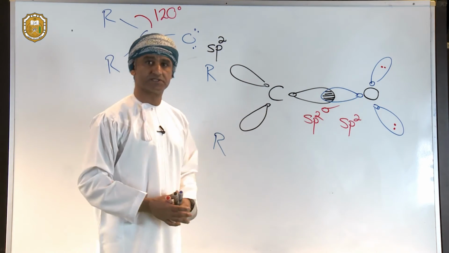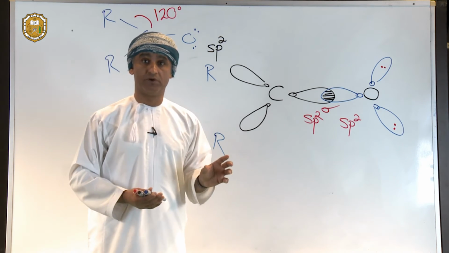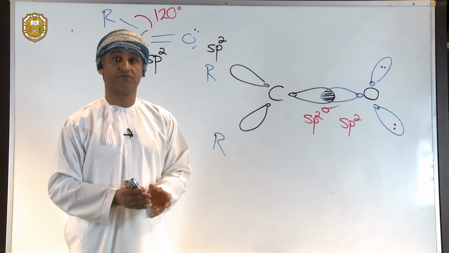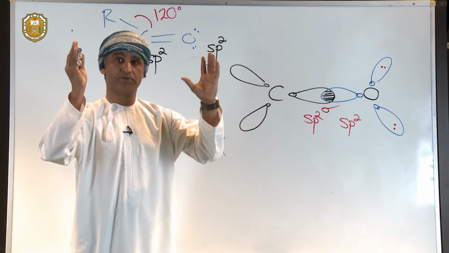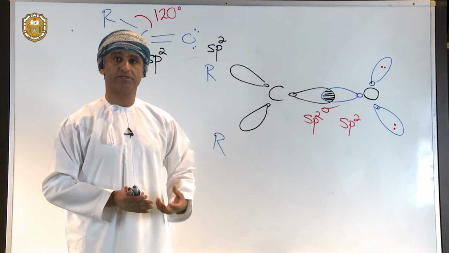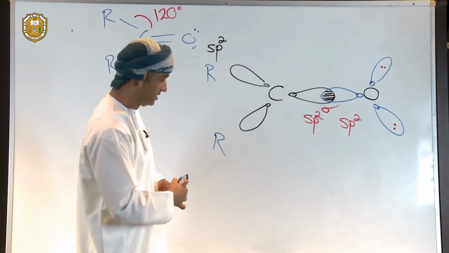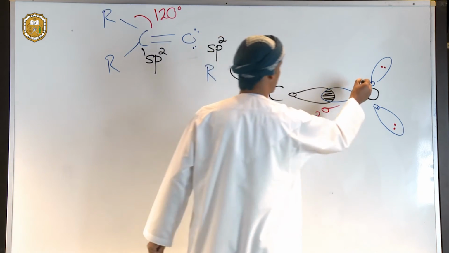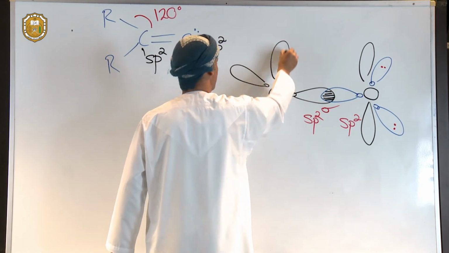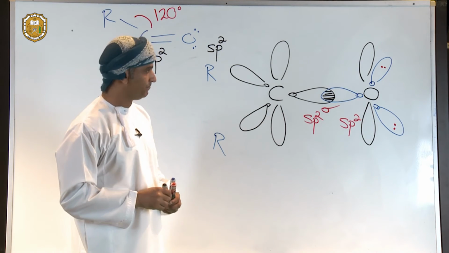So what we have considered so far is only sigma bonds, but we know already that each double bond comprises a sigma bond and a pi bond. And of course, the pi bond is formed as a result of electron sharing between properly aligned p orbitals. Basically, p orbitals, or orbitals that were native, orbitals that were not used in the hybridization process. So we can draw a p orbital on oxygen to be of this shape in general, which is a dumbbell shape. So that's a p orbital on carbon, and that's the p orbital on oxygen.